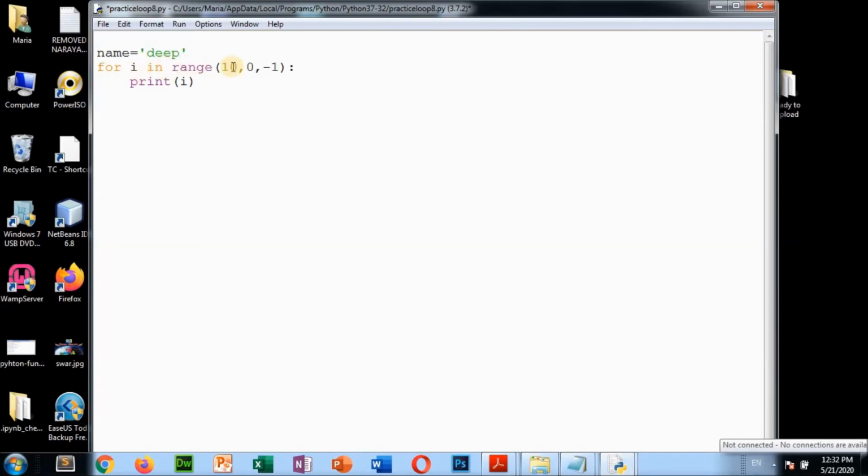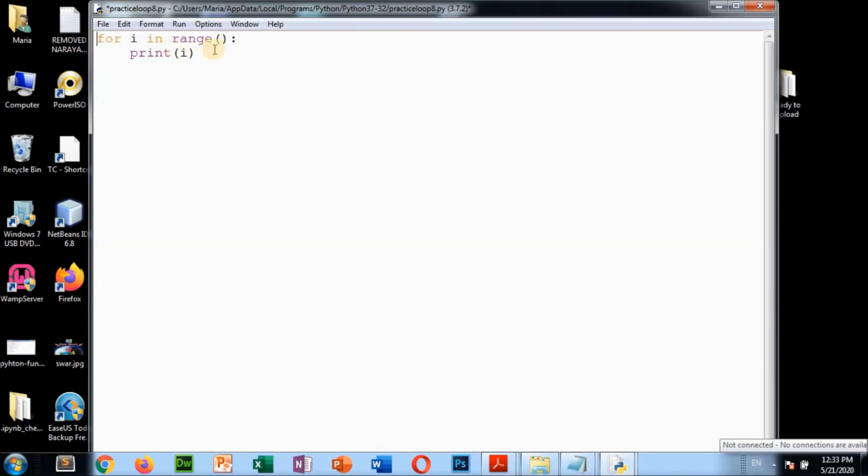For I in range, delete this. For I in range, it will start from 1 and end where? Okay, no need to write 1, directly you can write like this. One more thing you just remember here.